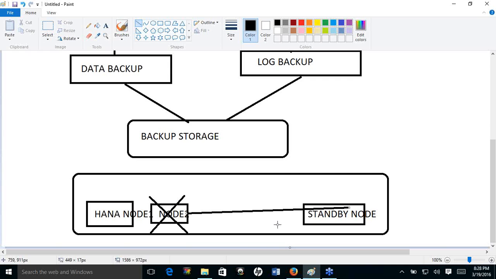So what happens here? There are zero chances of my SAP HANA platform going for a toss or going for a failure. Okay,